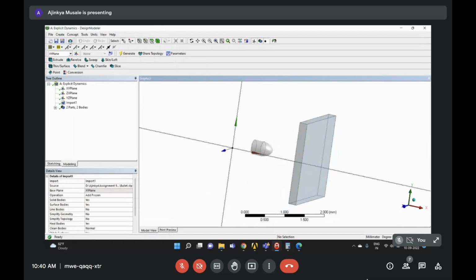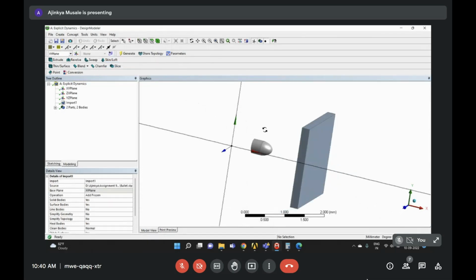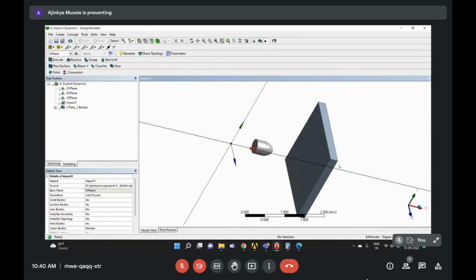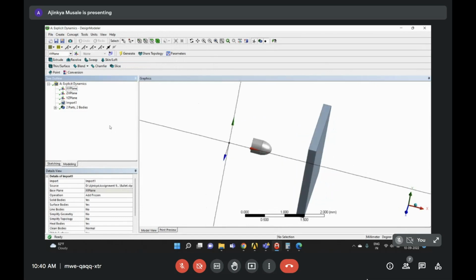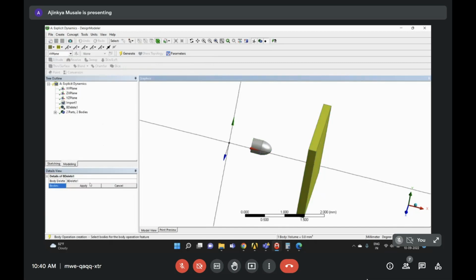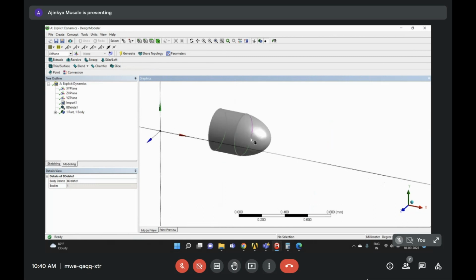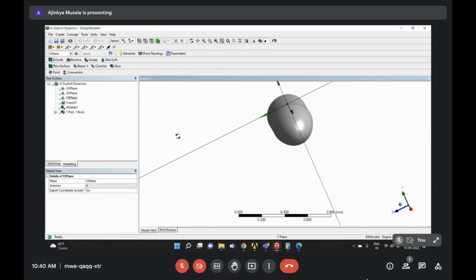Okay, so what I will do maybe over here, we will see how I can make the modeling of this wall. So maybe I will simply delete this part for the moment. So just for our learning purpose, I'm showing how I can model the wall,